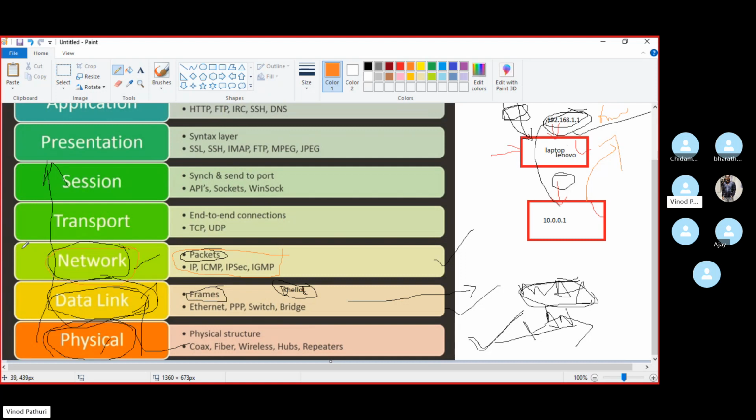So has everyone understood these three layers, or any doubts? Before going to other layers, we'll discuss here and sort it out. Apart from that, if you get confused in the frames part, just leave it, because I'm going to show you how the frame looks and what data is going to be added, so you will understand it easily.